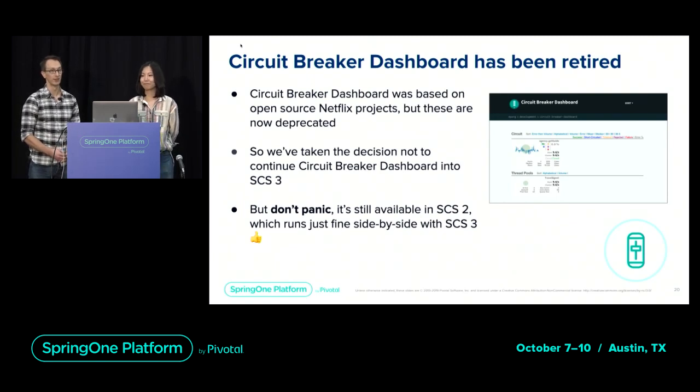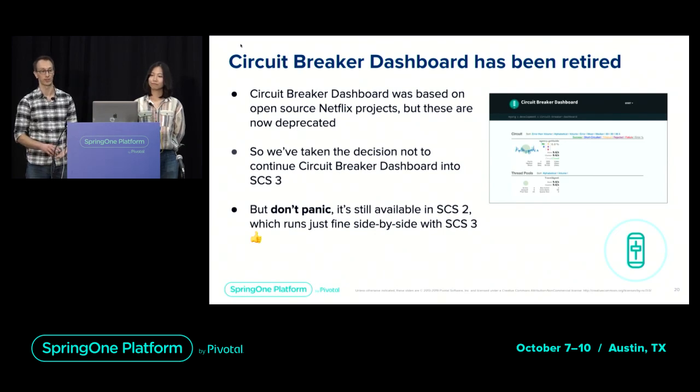we used to provide. So circuit breakers are great, but would be really confusing to deal with without monitoring. So we used to provide this service offering which would aggregate all of your circuit breaker metrics together and display them in a dashboard so you could see what was going on. And the reason we've decided not to continue to support circuit breaker dashboard through SES3 and beyond is, like you